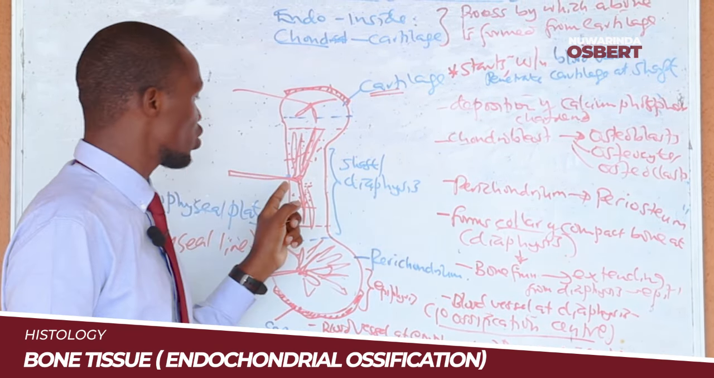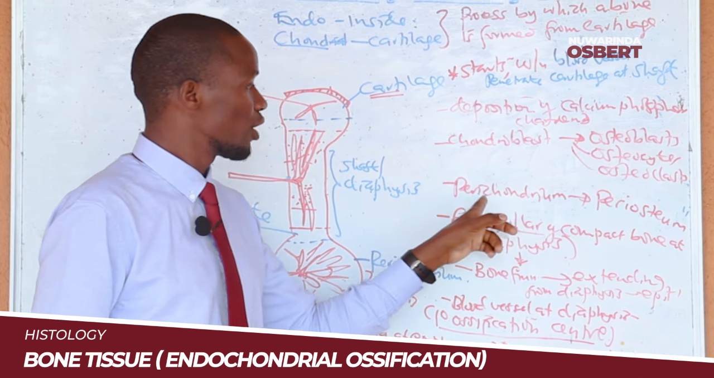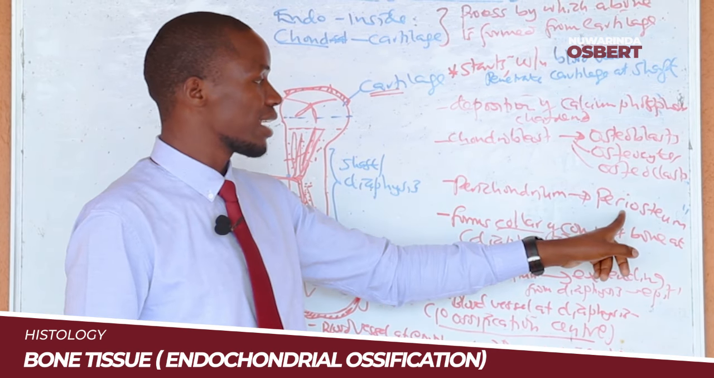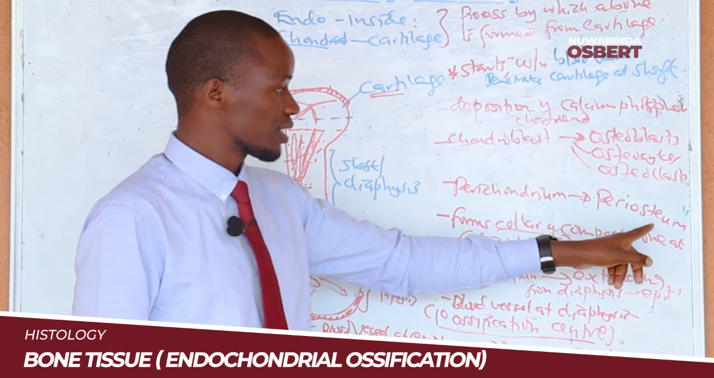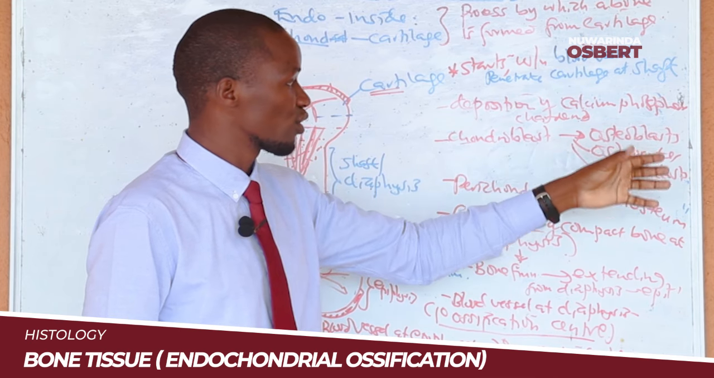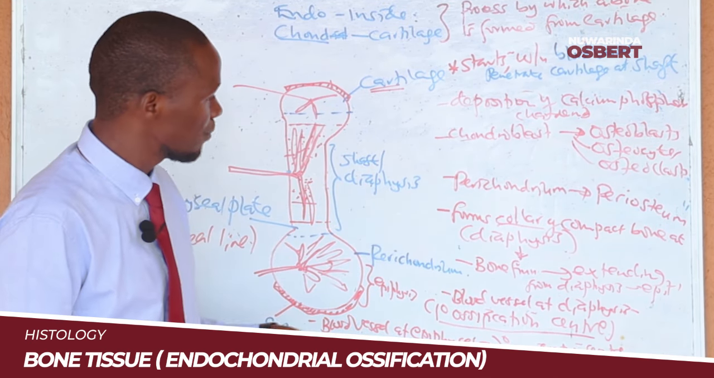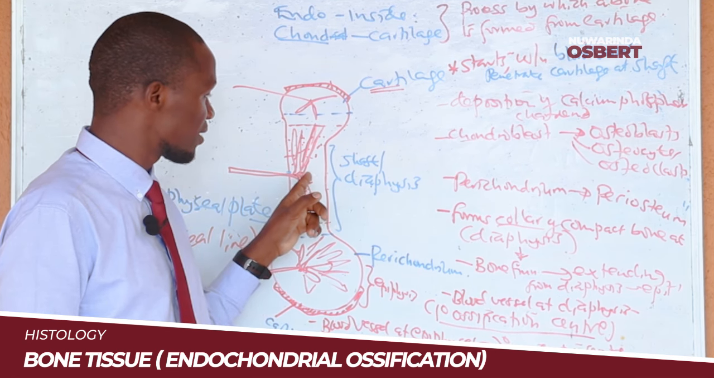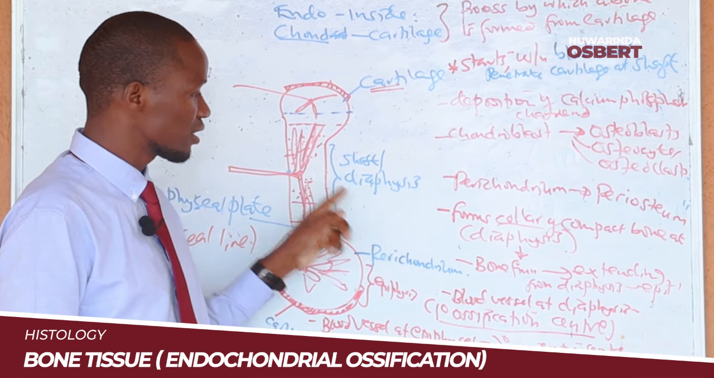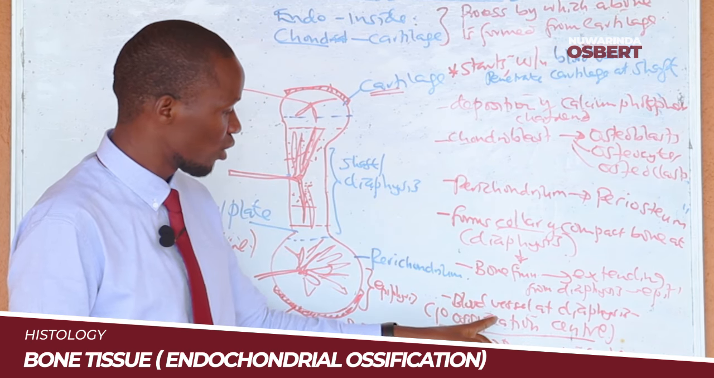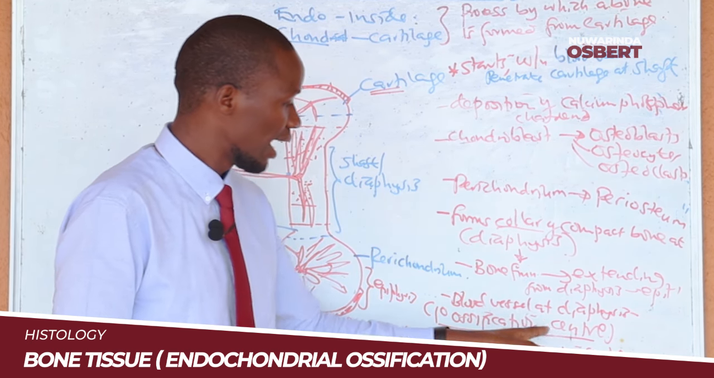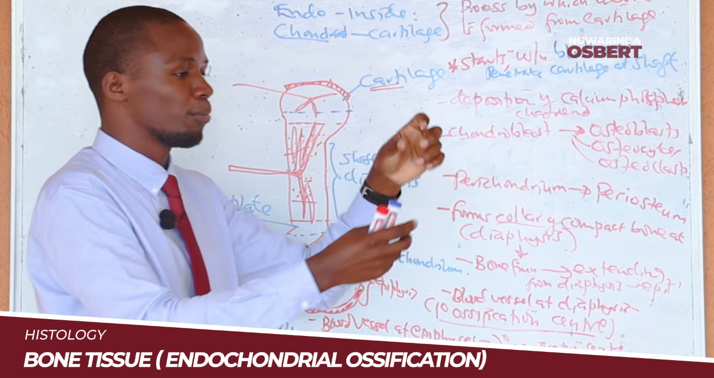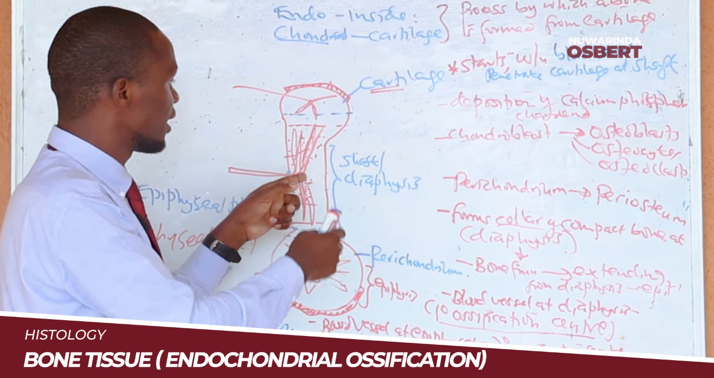Then after the penetration of the blood vessel, the perichondrium, which was the membrane surrounding the cartilage model, is turned into periosteum. And this periosteum is also capable of producing bone cells. At the same time, the blood vessel which has penetrated at the diaphysis forms what we call a primary ossification center. These blood vessels do not remain at the center at the diaphysis, but keep on proliferating, and as they move from the diaphysis up to the epiphysis,